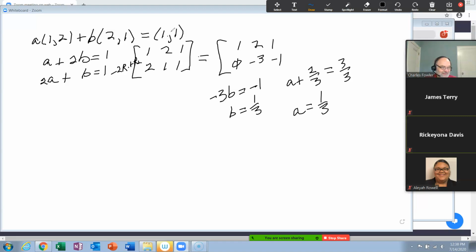Now, section 4.2 is named exactly the same thing as chapter 4 is named, vector spaces. The chapter name is vector spaces, the section name is vector spaces. There are two objectives here that are shown at the top of page 161. Let's go into a little bit of nomenclature here first.